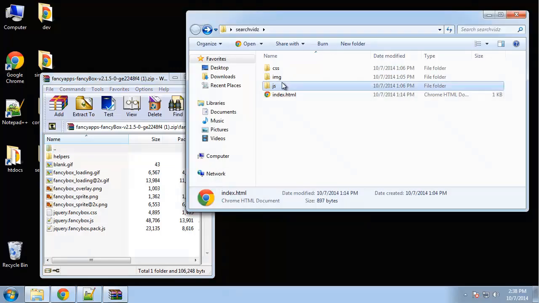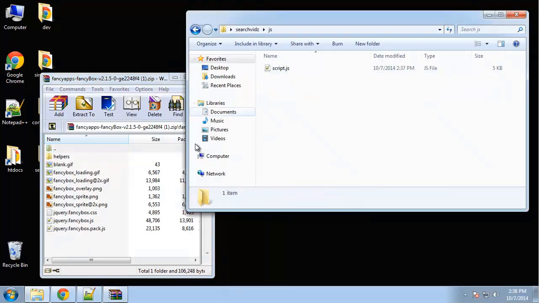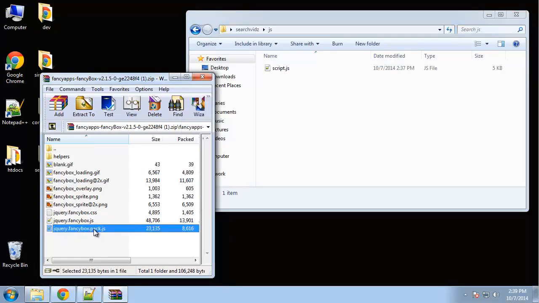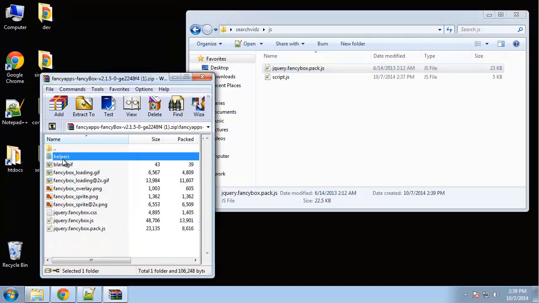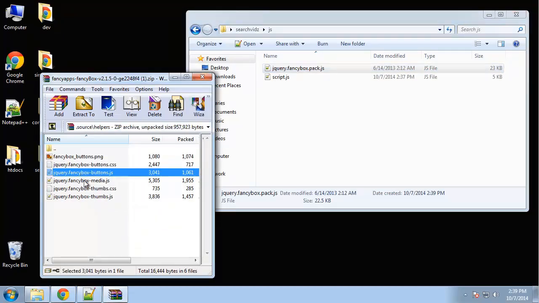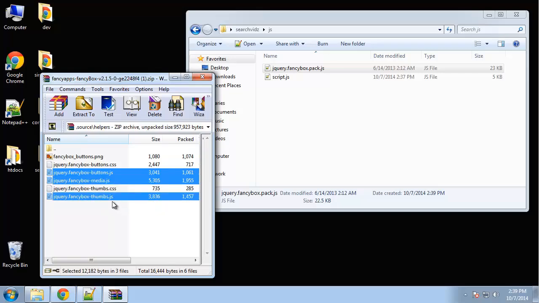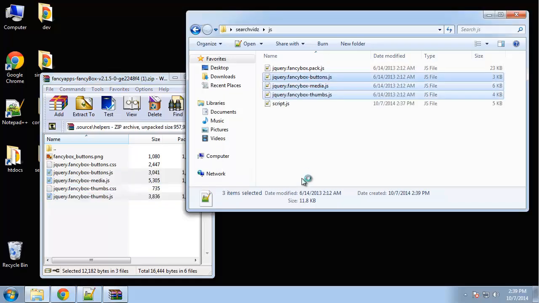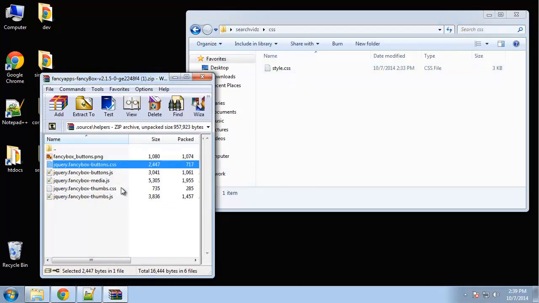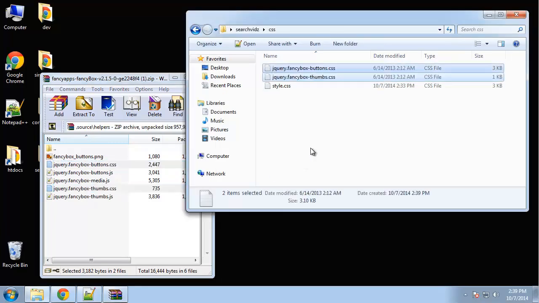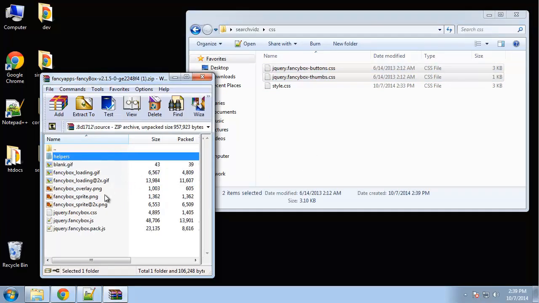Okay, so for the JavaScript folder, we want to bring over this FancyBox pack. Okay, we want to bring that over. And then if we go into helpers, we want the buttons JavaScript, media, and thumbs JavaScript. Okay, bring those over. Now the CSS, we want to bring the buttons and thumbs CSS, and also this here,